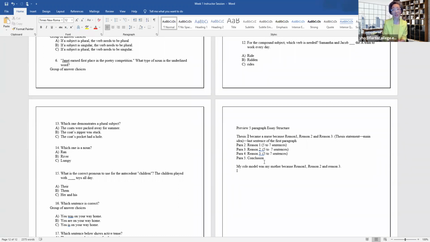For my military students, the turning point was boot camp or joining the military, obviously, was the turning point in their lives. And obviously for my nursing students, it's becoming a nurse or deciding to go back to nursing school. So that's another one. Deciding to go back to nursing school was the turning point in my life because I want a stable job. I want to be a role model for my kids, and I want to help people. Those are examples of reason 1, reason 2, and reason 3.